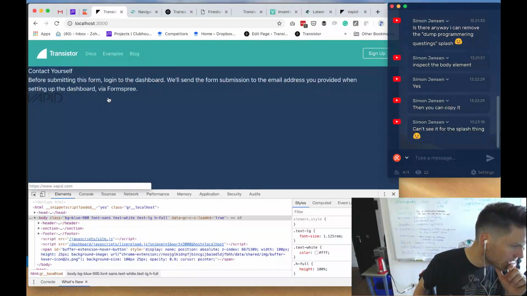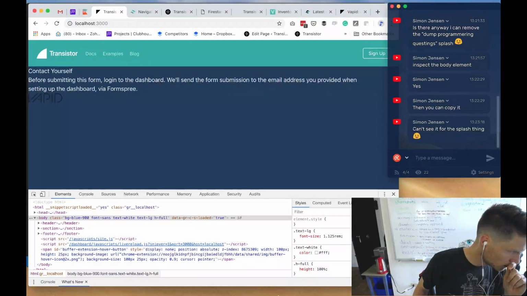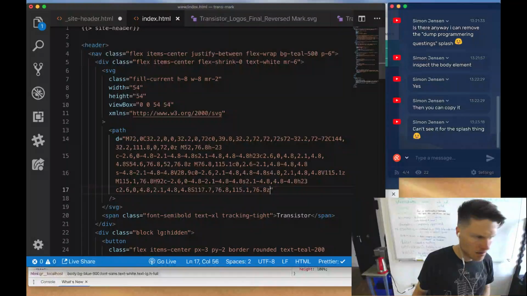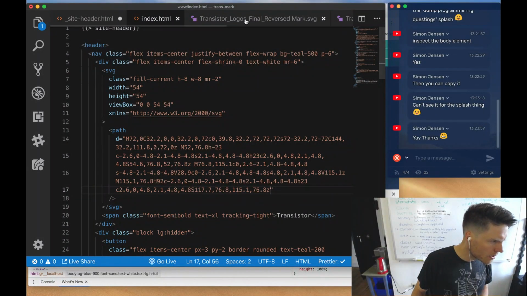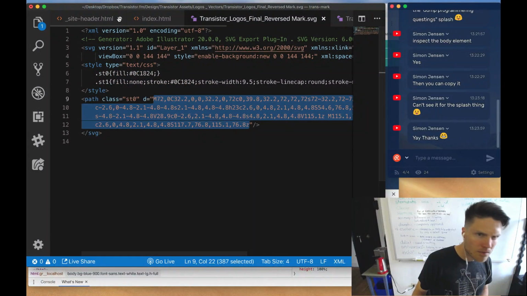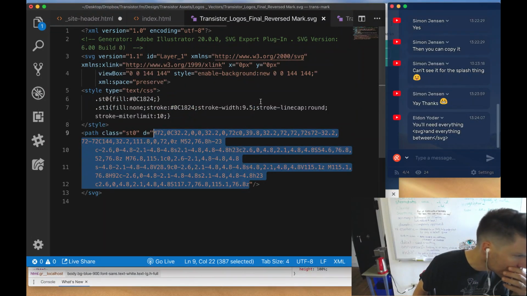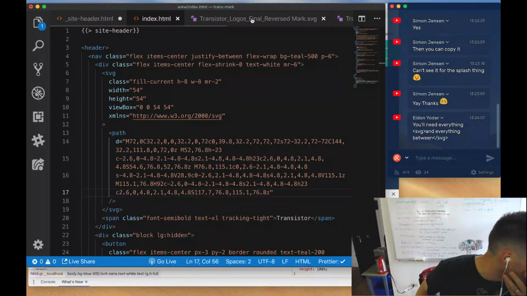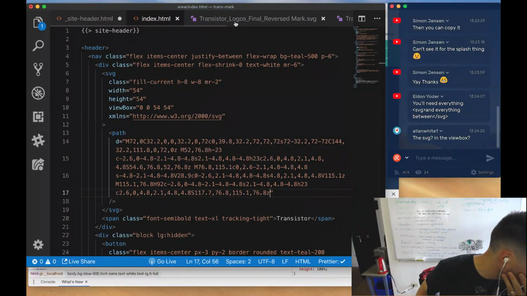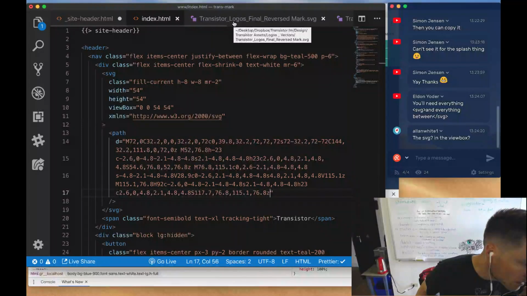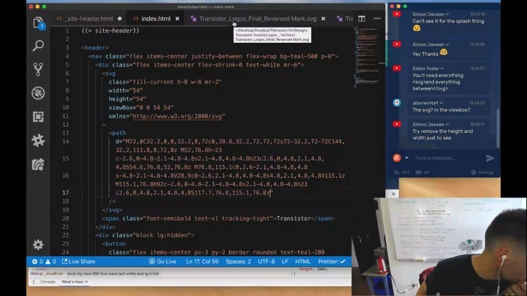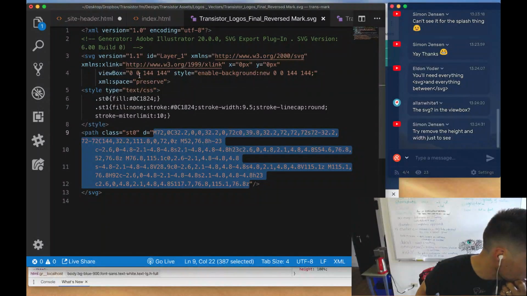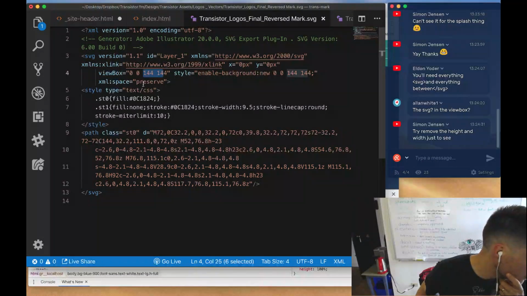How do I make it fit? Seems like the right one, but view box width, what's this one? View box. You'll need everything. But why can't I just, because this is saying it's 144 pixels high, 144 pixels wide, right? Why can't